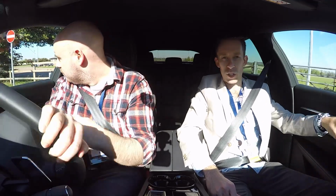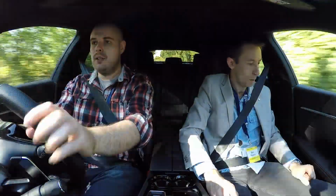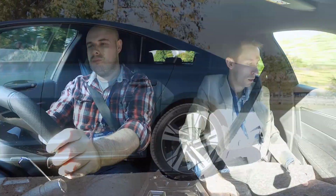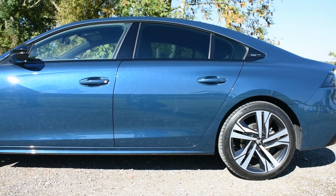Like some of the speaker grills on the side here are obviously sticking out because they're like stainless steel or chrome or something like that. But it works, I think. Absolutely. Generally it works. The interior is nice to be in, nice to look at, and probably difficult for children to mess up. If that's a problem you've got. So overall, quite like it. What do you feel about the